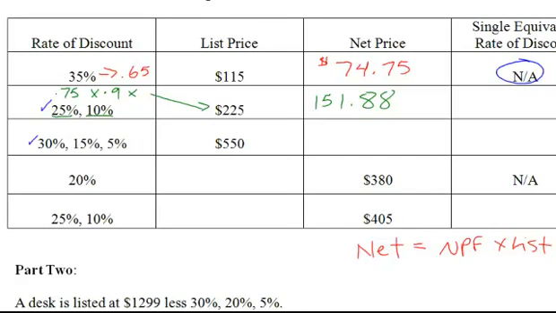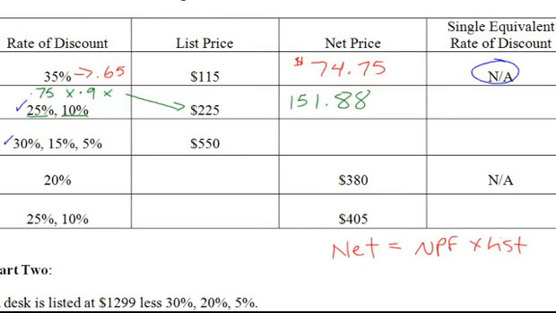So they're asking now for the single equivalent rate of discount, and there's two different ways to figure that out. If you look at your formula sheet, it basically says you can find the amount of discount and divide it by the list price, or you can go 1 minus the NPF. It really doesn't matter which one you choose, you'll get the same answer. 1 minus the NPF is pretty easy, I think. Just 1, take away, and we already have the NPFs over there, 0.75 times 0.9. Just make sure you're doing that first. And when you do that, you should be left with